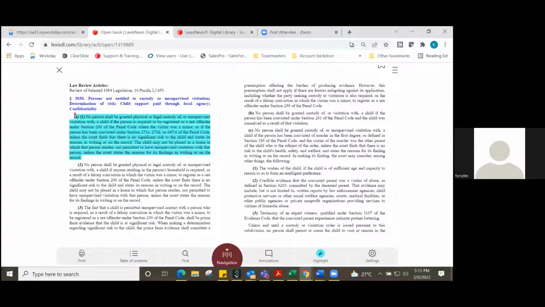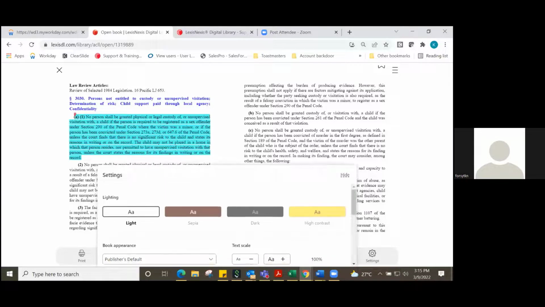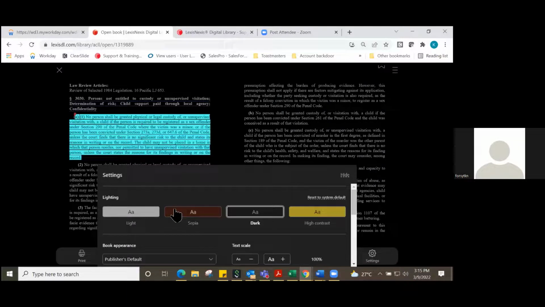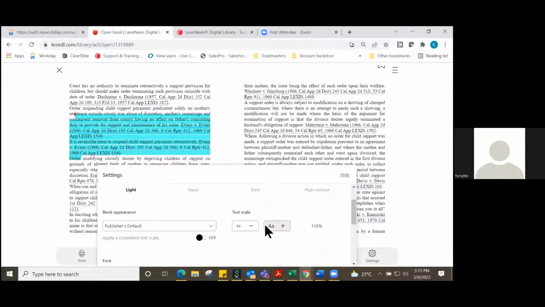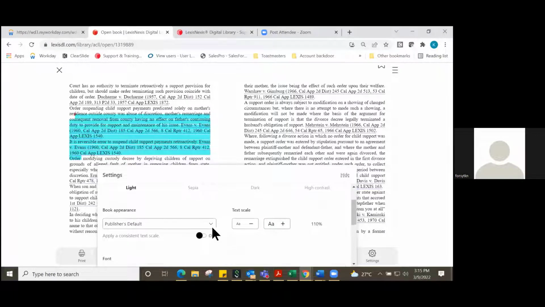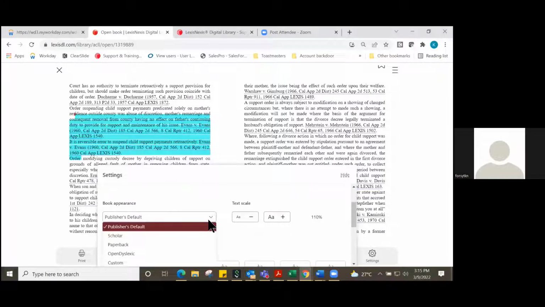All right, so now we're looking at the 2 tail ends of the menu options. So first we're going to go over settings. The great thing about the digital library is that it is so customizable for individuals. So what you can do is you can change the lighting. You can change the font. You can scale it up. You can scale it down. You can change the book appearance as well. And we also have a few options for those